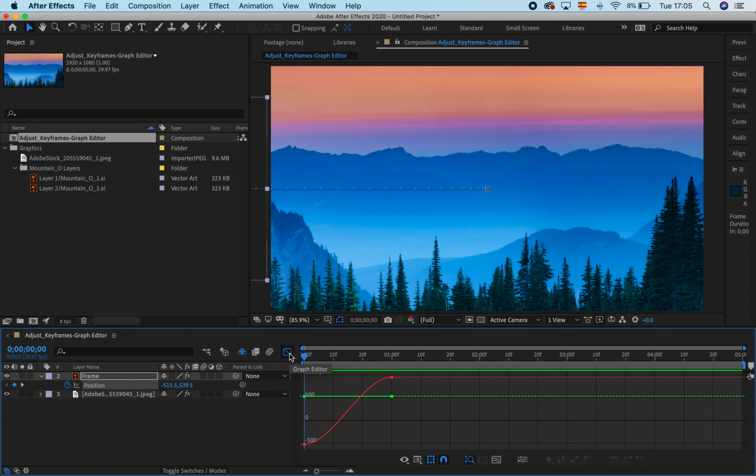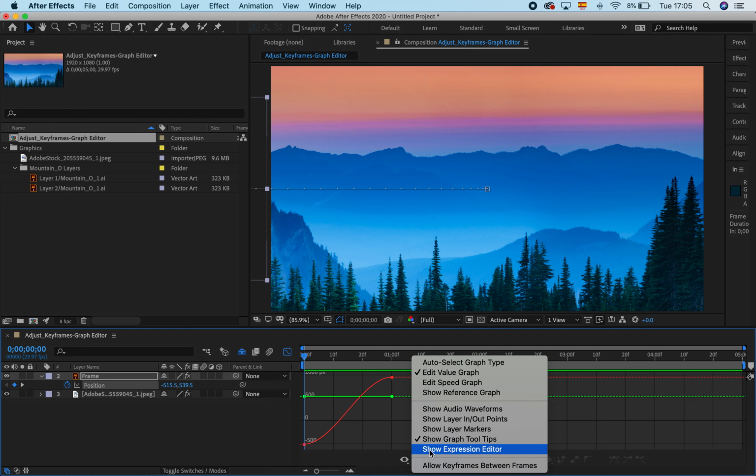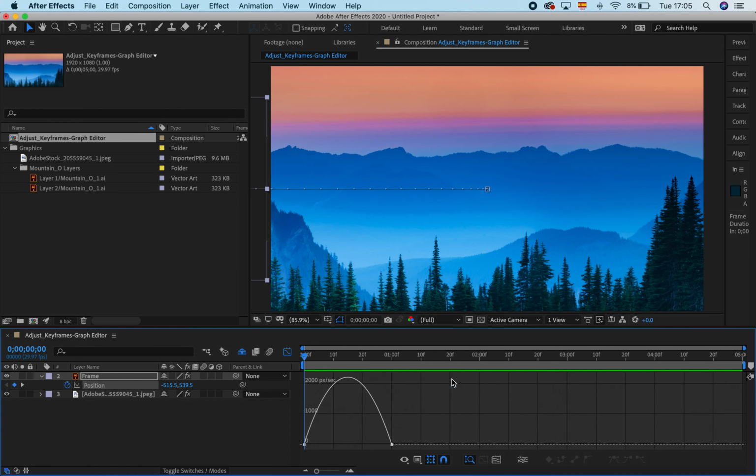Now, you have to click on the graph type buttons and choose the option Edit Speed Graph. Where is it? Just at the side of the eye. You're going to select it and click where it says Edit Speed Graph, okay? You're going to select the second one. Now, click on either of the keyframes. You may select this one or this one, it's up to you, and click and drag the yellow handles in the speed graph to adjust the curve. So I'm going to click this one and I'm going to drag it here,